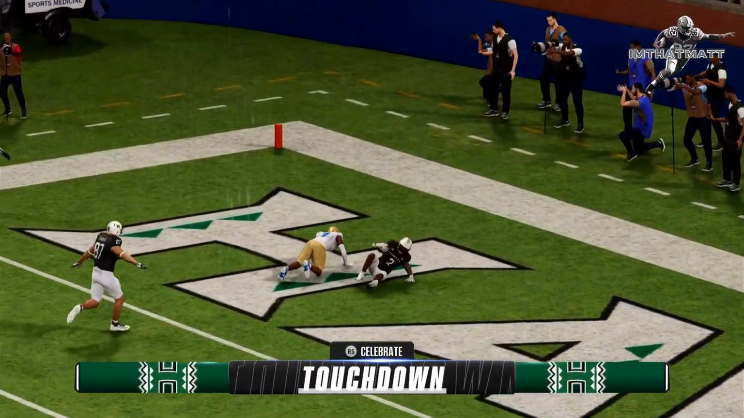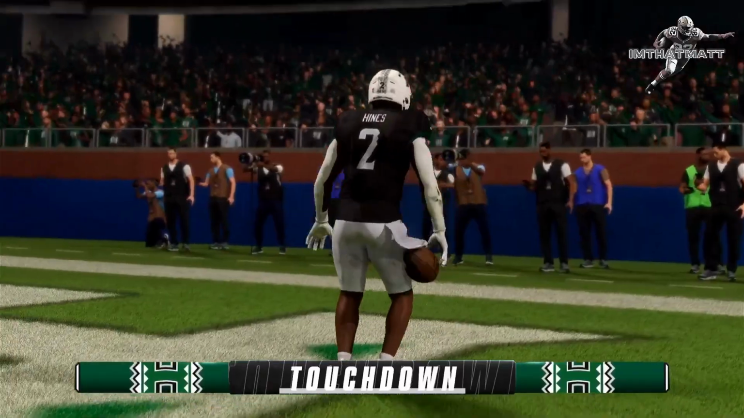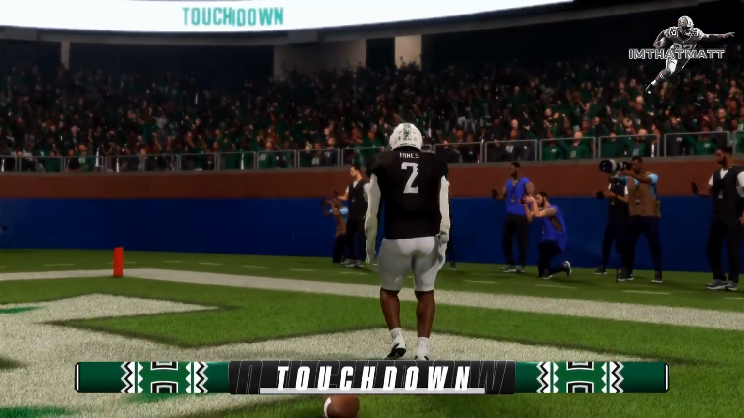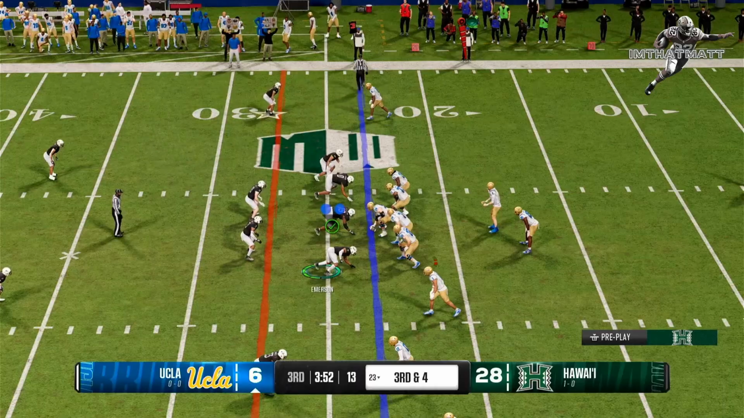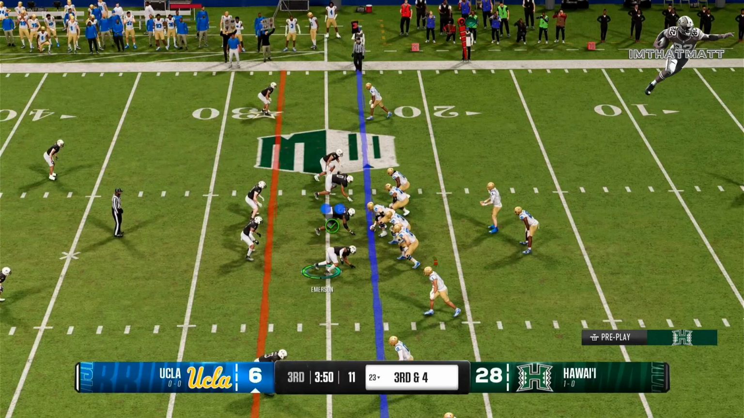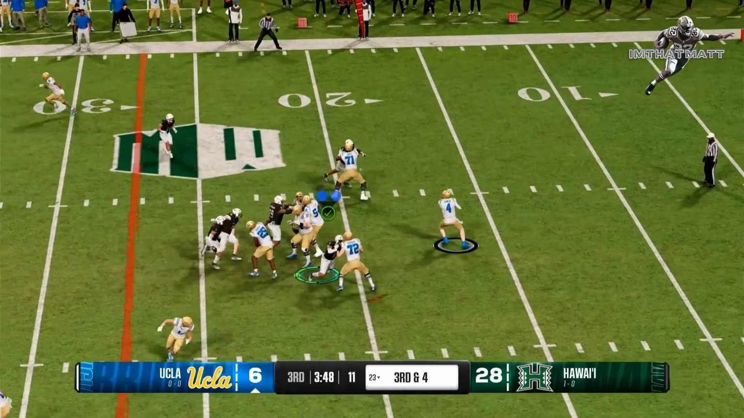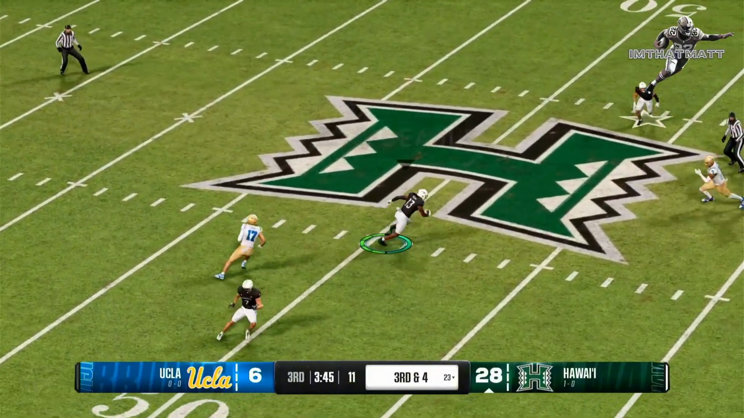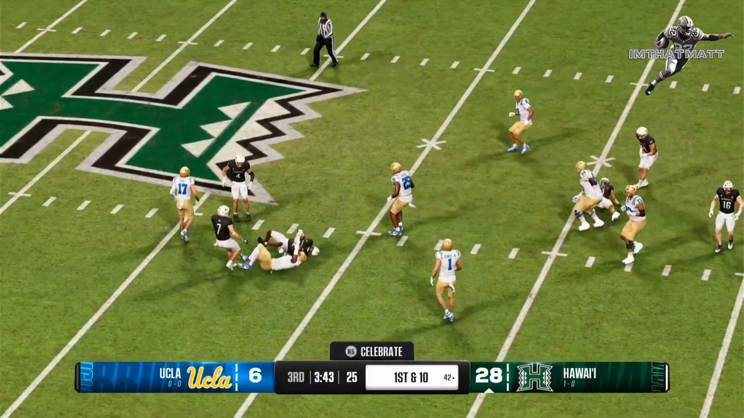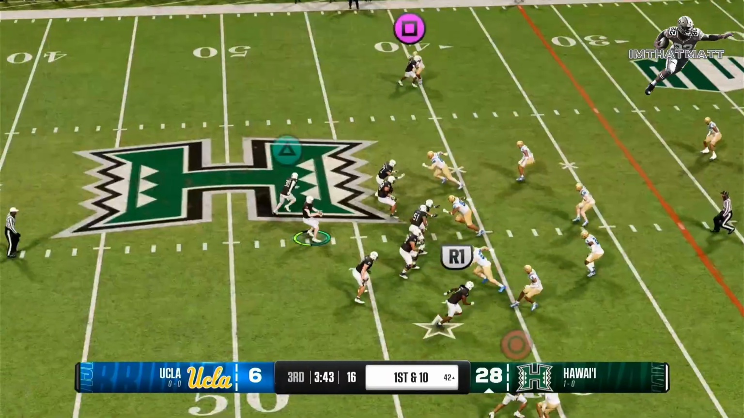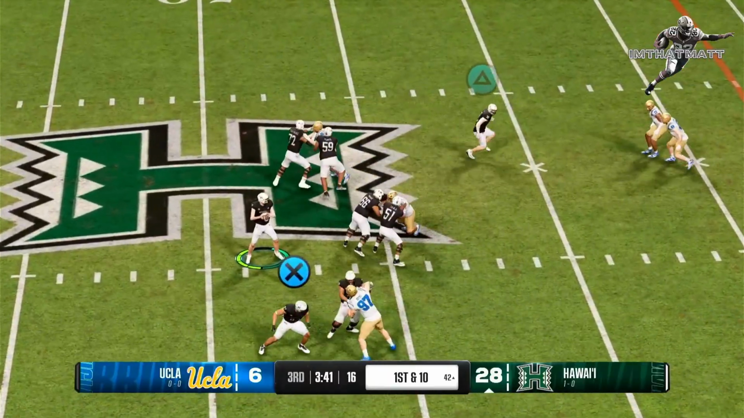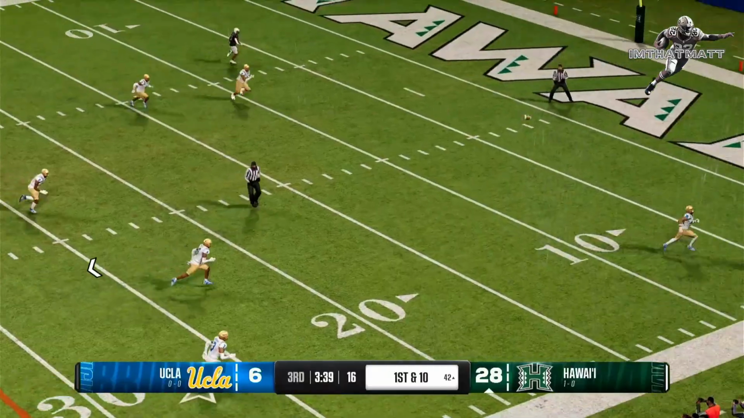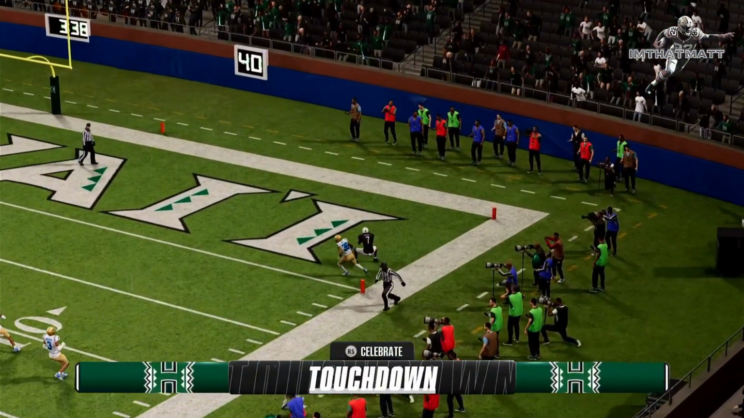Would it make the same reads as I would? Would it throw to the right receiver at the right time? Would it hit the check down or take the deep shot when appropriate? And guess what? The CPU actually executed these plays almost exactly like I would have. It made the same reads, hit the same receivers, and even adjusted to the defense pretty well. That was really interesting to see, because it means the CPU is actually pretty good at running well-designed plays